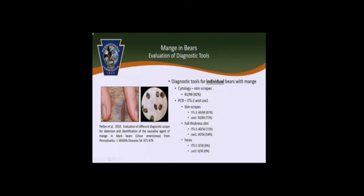So the next question was, how do we diagnose it in bears? And this was important because we get a lot of pictures of bears with mange, right, or bears with hair loss. Some of those are mange, some of those are other things. It can be anything from an atypical hair coat change. It can be hormonal diseases. We've seen a whole host of different things that cause hair loss in bears. So if we're going to start monitoring it, we have to be able to confirm it in individual animals